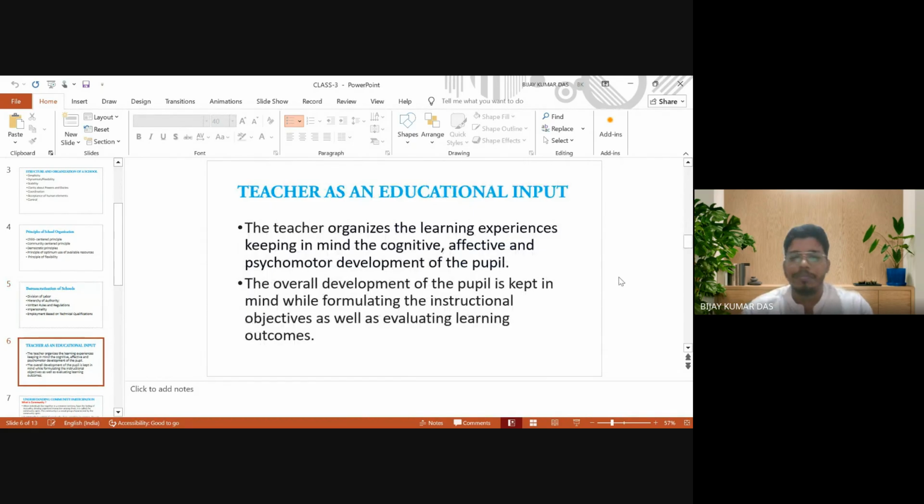Teacher as an educational input. Do you think so? Do you agree or not? Every society has its own subsystems, which together help society fulfill its commitments and obligations towards its citizens. So school is a major subsystem of every society. It reflects the ideas of the process of further refining its understanding of where we are, isn't it? So now we'll see that